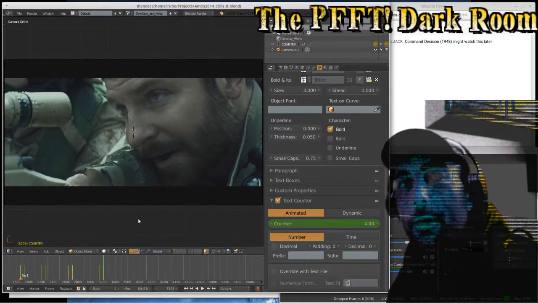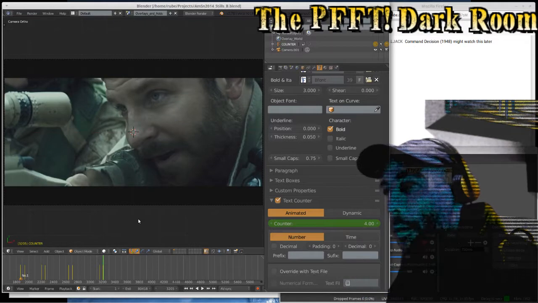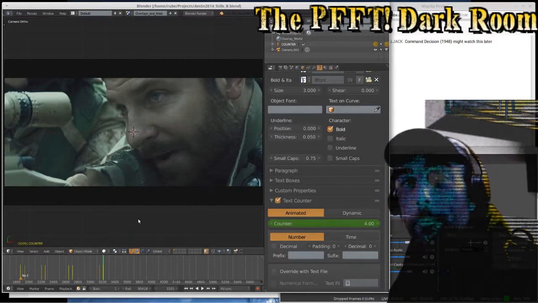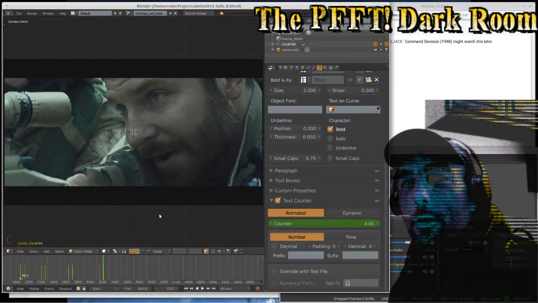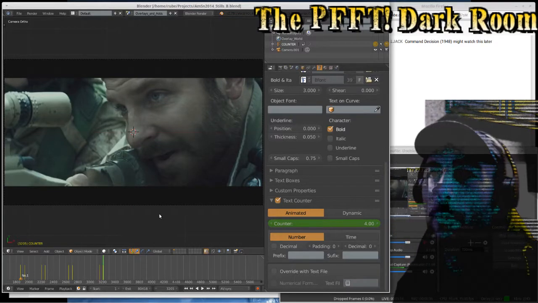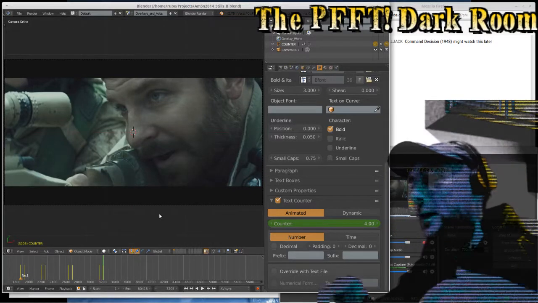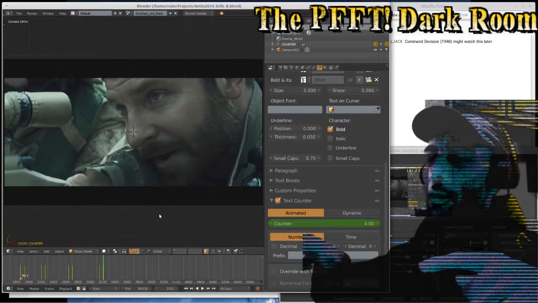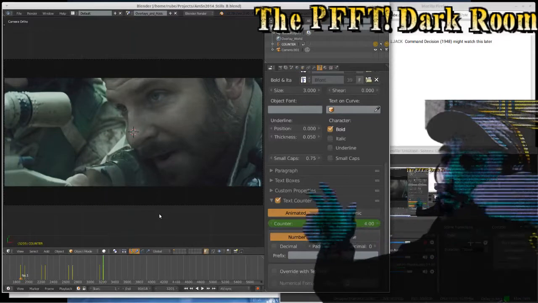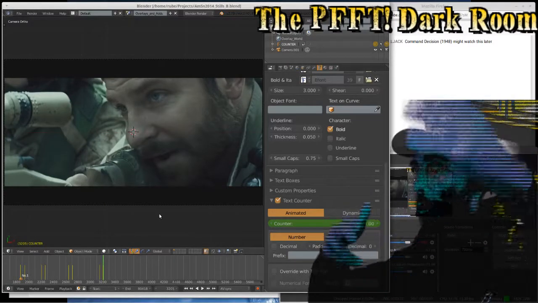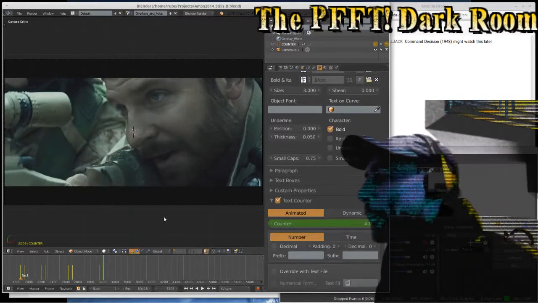But here's the animated text object, which, sure, needs a bit of keyframing. Sure, it might be easier, it might be an easier way to do this, like by printing up a whole bunch of numbers in advance. But when it gets down to it, I now have control over that number in a whole bunch of different ways. I can now make it move, and if I move it once, it'll stay moved for the next time it appears. Things like that.